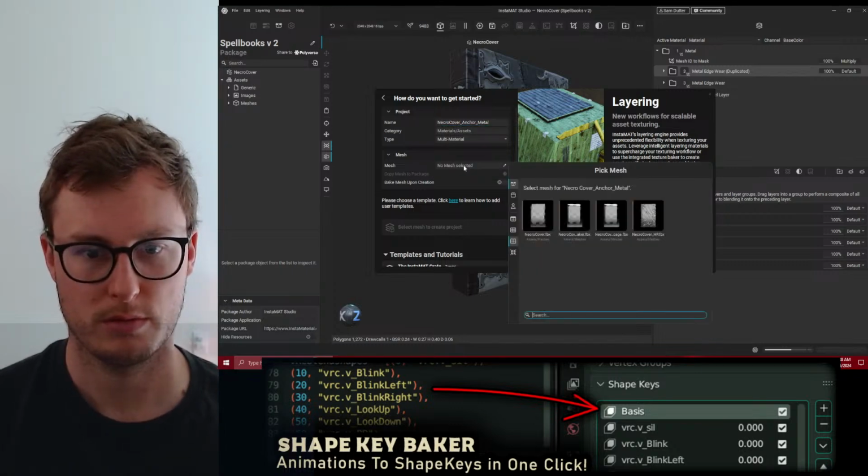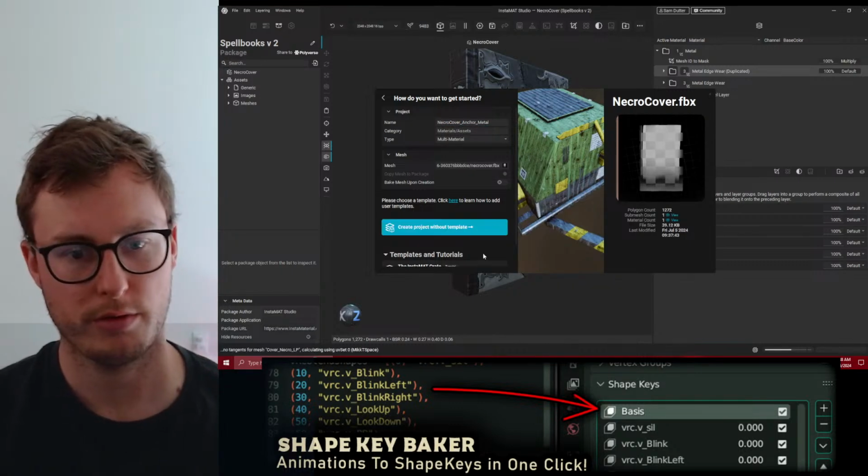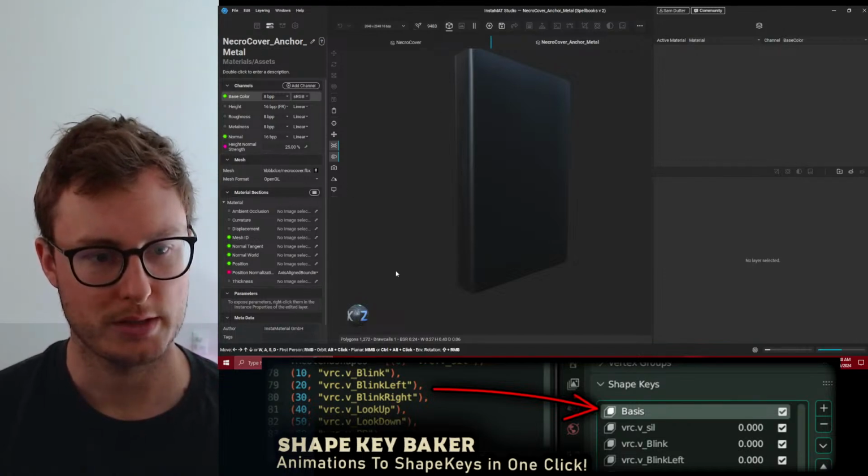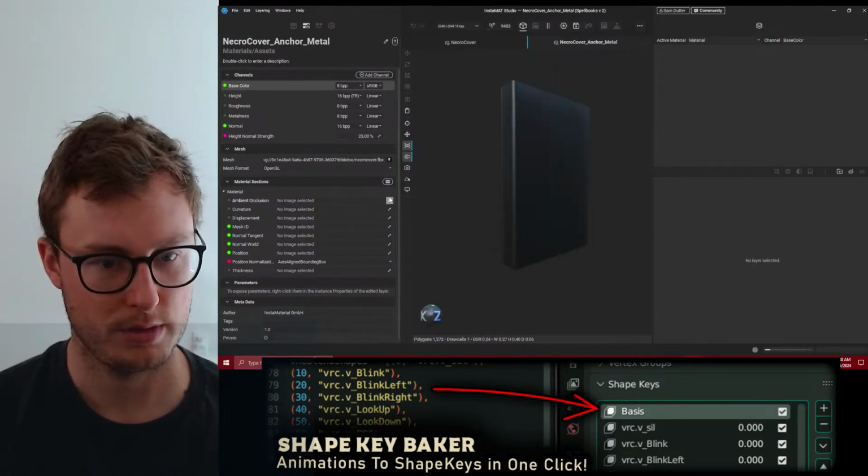Okay. Cover. Create without template. So I realize I can just actually sample the same